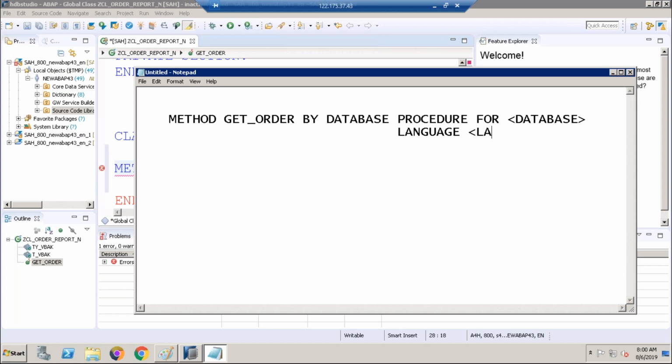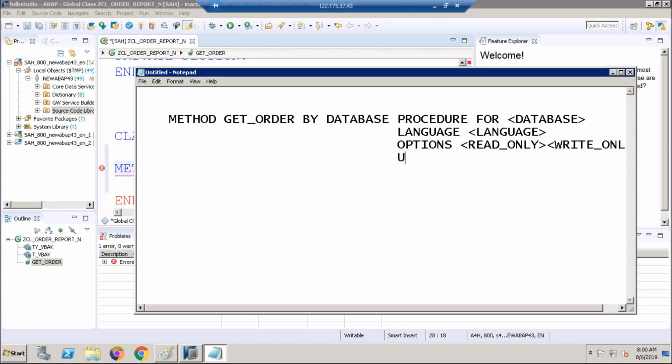So here we need to provide language name. Then options. Whether you want to read data, whether you want to write data. Read only, write only. Two options will come into picture. So mostly 99% we are doing read only because we are not modifying data.